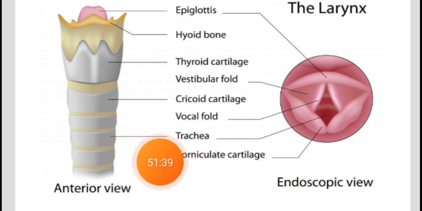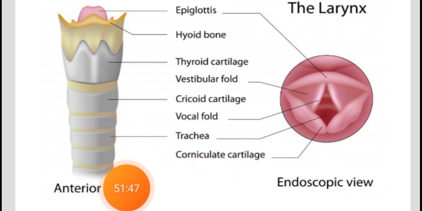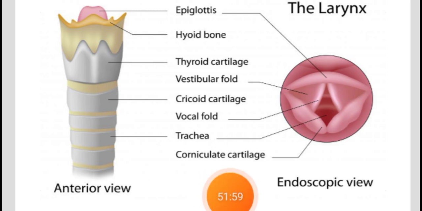And here is the trachea. This can be very obvious. When you touch the neck, you will notice the trachea. It is also made up of cartilage, which is softer than the hard bones of our body. Corniculate cartilage: these bones help in the production of sound. These bones vibrate, and they are linked with the pharyngeal muscles and laryngeal muscles with the help of tendons and ligaments.